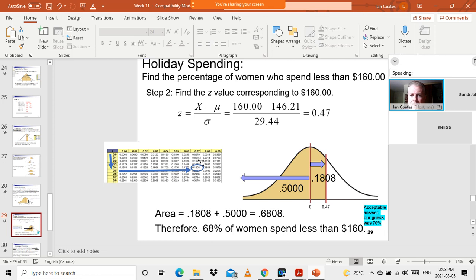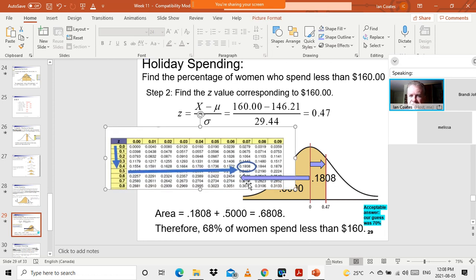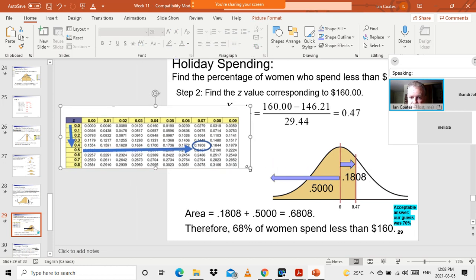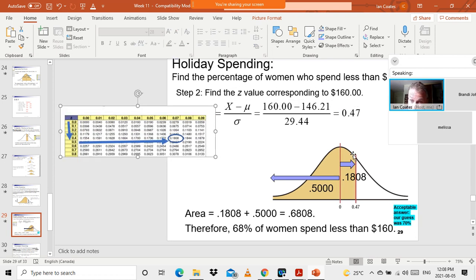Well, what do? That's your Z value for this $160. So 0.47. So that means that this area right here is 0.1808. Okay, that's the probability of choosing somebody from this area, because remember, your table counts from the mean out. We already know that this is 50%, so you add this and this, we get 68.08,